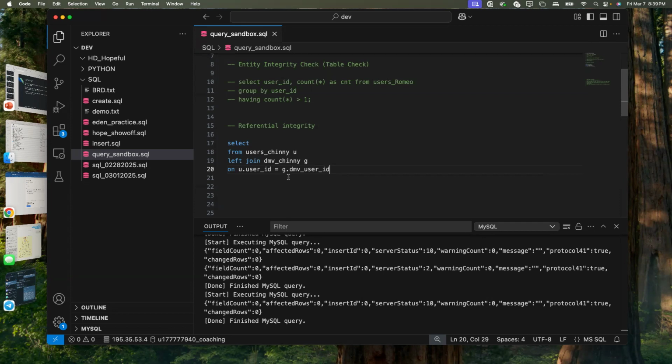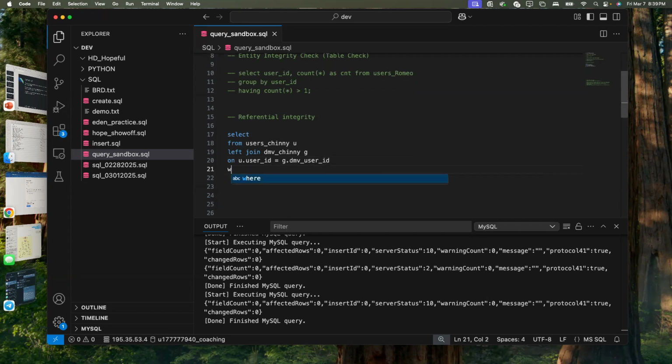All right, and then we're going to say where g.DMV user ID is